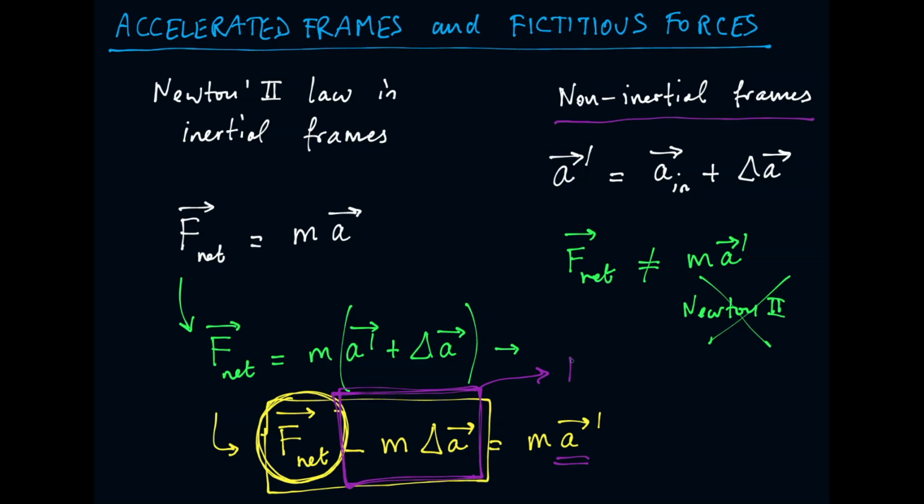And so this is called a fictitious force, or forces, in case there are several effects that contribute. So even before we go into the specifics of what these fictitious forces look like, we can understand the origin of these forces, in quotation marks,